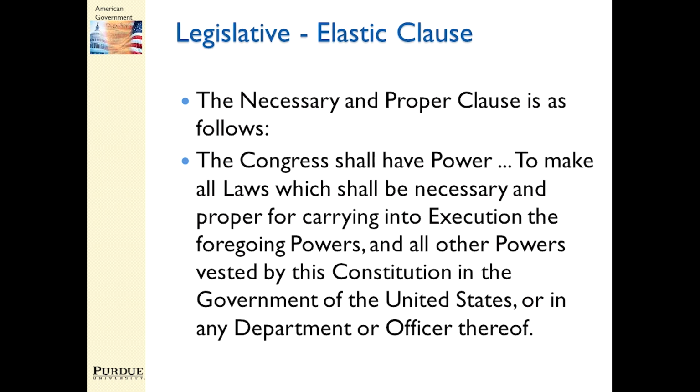So to give a couple examples, there's in the legislative branch what's called the elastic clause. Elastic because it can be stretched to give the Congress more power. It says that the Congress can do anything that's necessary and proper to carry out the laws. Well, that's pretty broad, and it's been interpreted many times to give the Congress a great deal of power. So while we talk about limiting the government, we put in some ambiguous clauses that gave it more power.